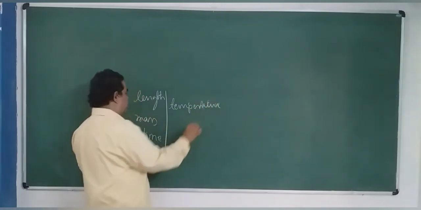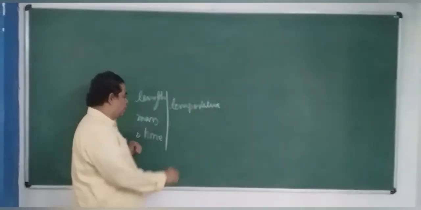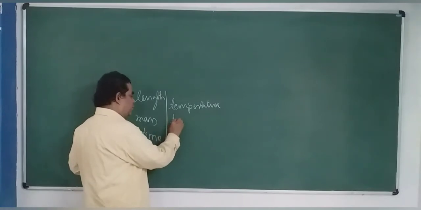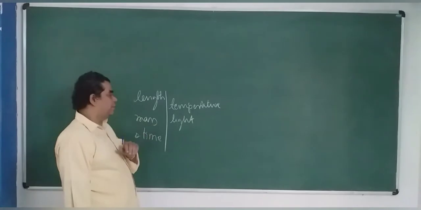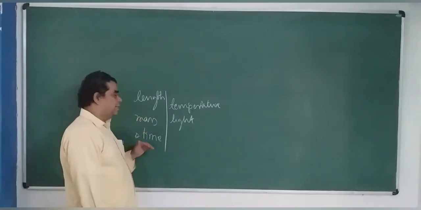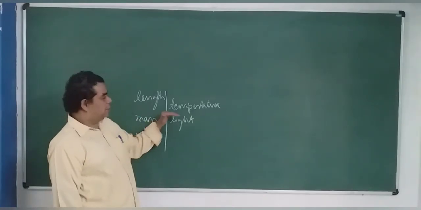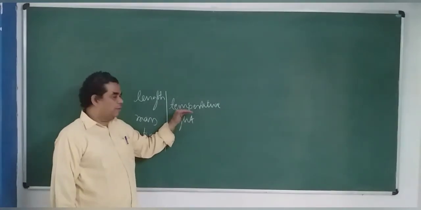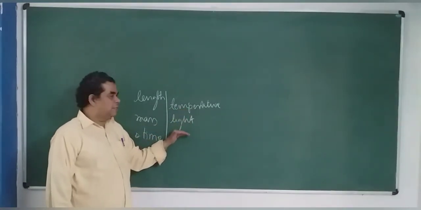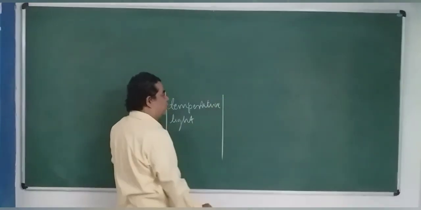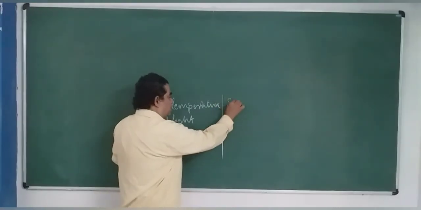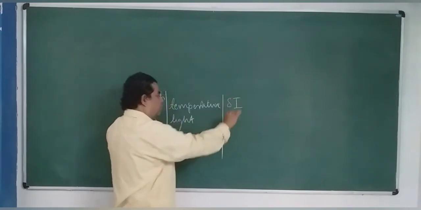But cannot be measured using length, mass, time. Or say light intensity or luminosity. Light intensity cannot be measured by using these three. That's why there was a need to develop some more fundamental units. Such things were actually standardized in a system, what is called a system of international units, usually known as SI